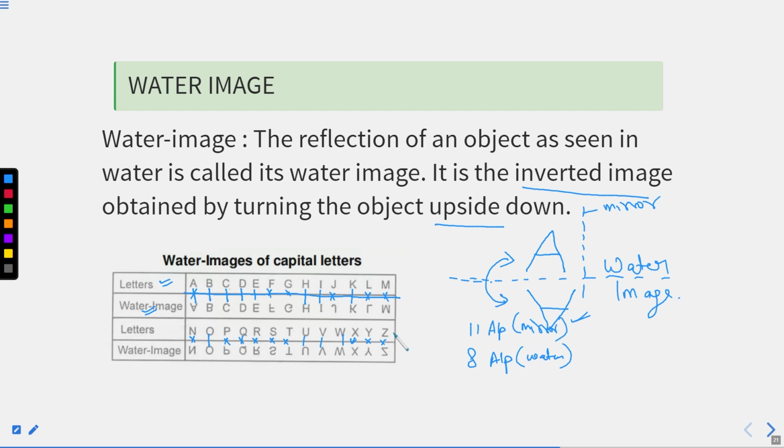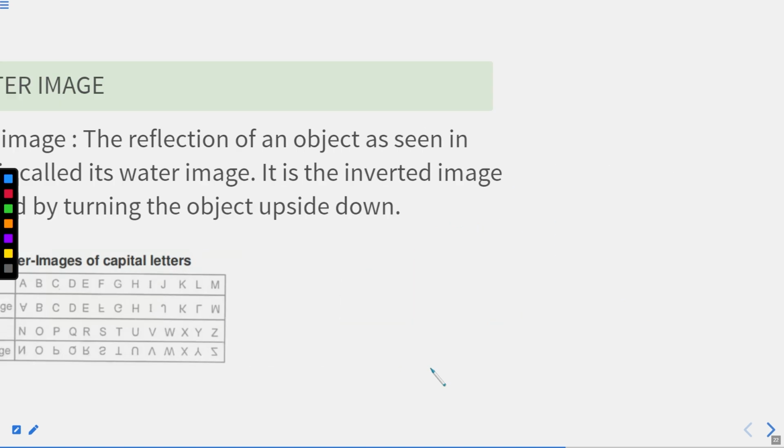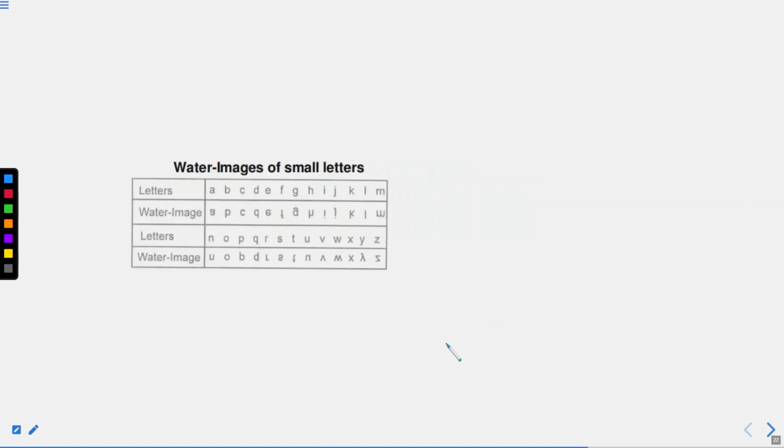This is the thing. You can easily make any count at any point of time when you are supposed to calculate, right? Now we'll move to the other alphabets, that are small alphabets. As we have discussed capital and small alphabets for mirror, similarly the case will be in this. So we'll directly check how many small alphabets have the same water image. C is there, right? After that L is there, right? O is there, right?